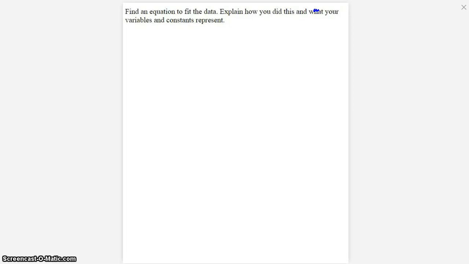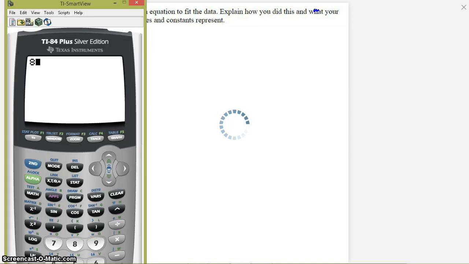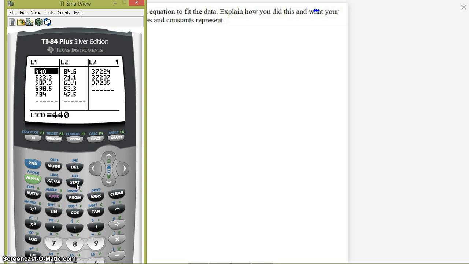Right, you guys, this is the second part to the question that we just did. So we were looking at a table, and now we're going to create an equation to fit that table of an inverse variation. So let's pull up the calculator. And what I've done in the calculator is, if I go back to my list where I entered in data,